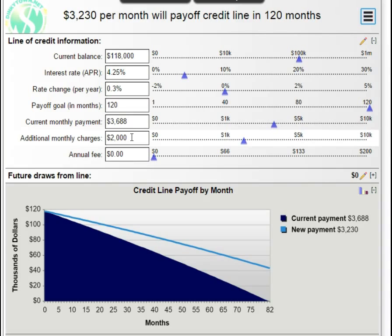So they actually currently don't spend this, and that $2,000 represents groceries, gas, entertainment, eating out, utilities, and obviously the payment of the home equity line of credit. And again, they've only got about $125 in credit card debt, so they've done really well. So here's the scenario. They're going to take a $118,000 loan on a home equity line of credit at 4.25,